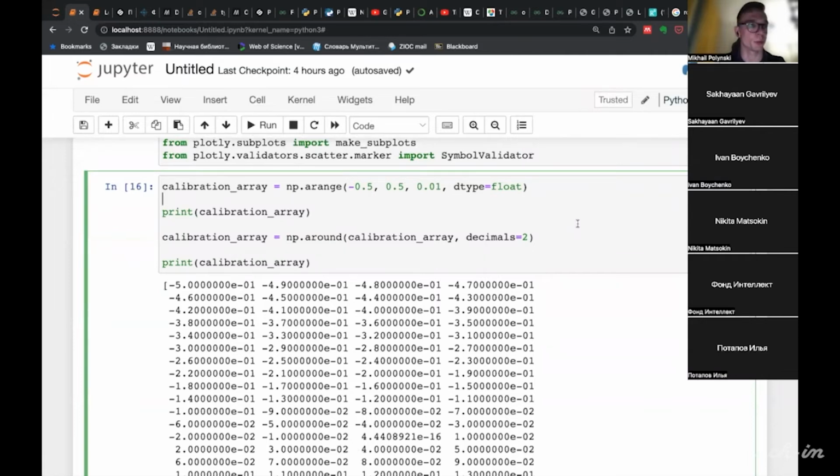So for those of you who are not familiar with the NumPy library, I suggest you complete some basic courses on Python. Well, it won't take much time.